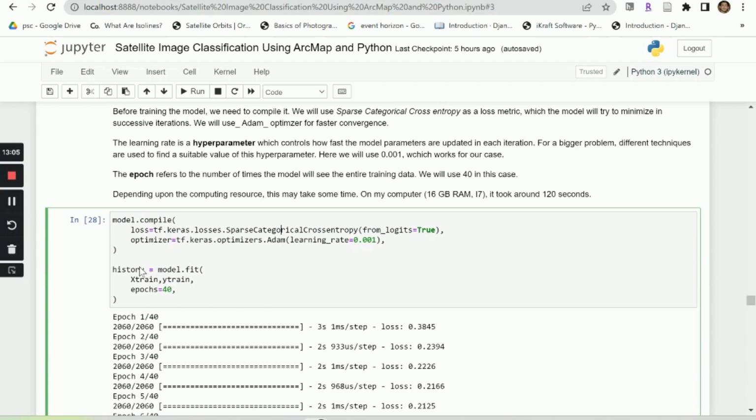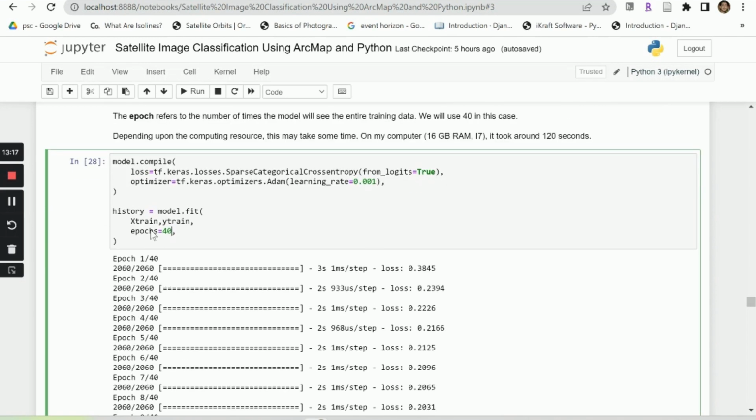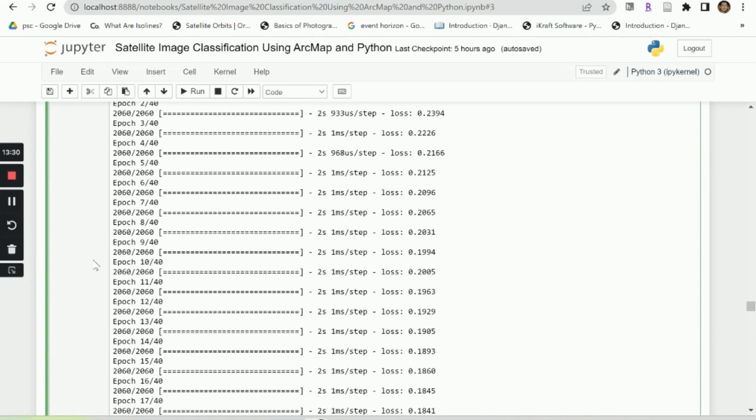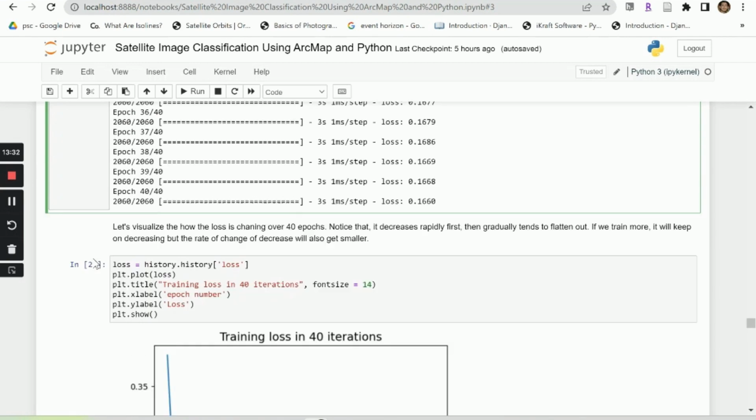And we are using the model.fit method to train the model. So it will fit the model, meaning train the model, and we will see each of the examples 40 times. And that is the number of epochs. If we increase the number of epochs, it will take a long time to train the model, but it might improve its accuracy. I'm not going to run this code here because it takes around 3 minutes to run, but